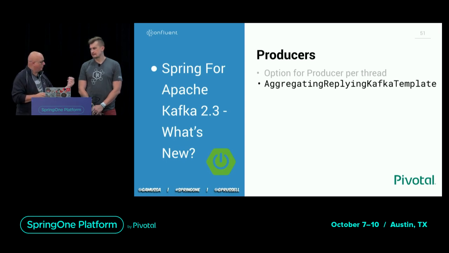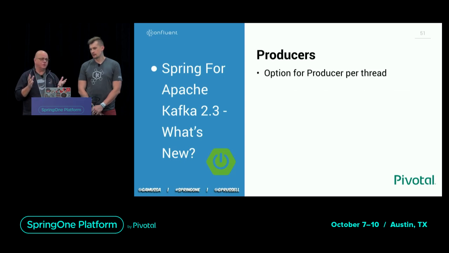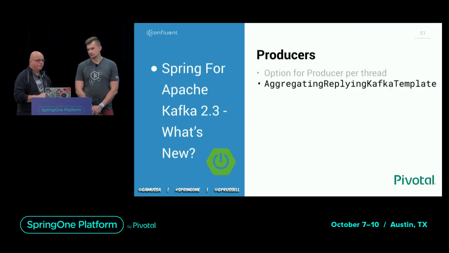One of the issues we found with the Kafka producer: the Kafka Java docs recommend using a single producer for the entire application. But there's one case where that can be a problem, and that's if one of those threads that's using the producer performs a flush operation. That effectively stops the world, so the remaining producers get blocked. So we've now added an option to say that if you are in a situation where you need to flush, then you might want to consider using a producer per thread.